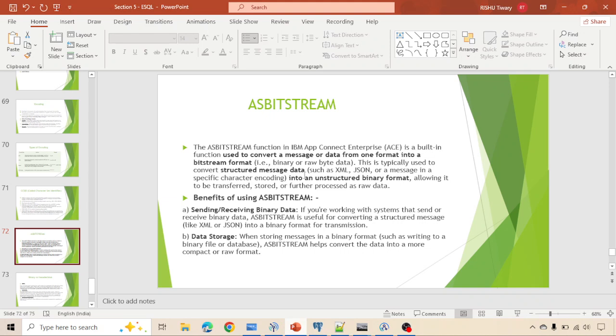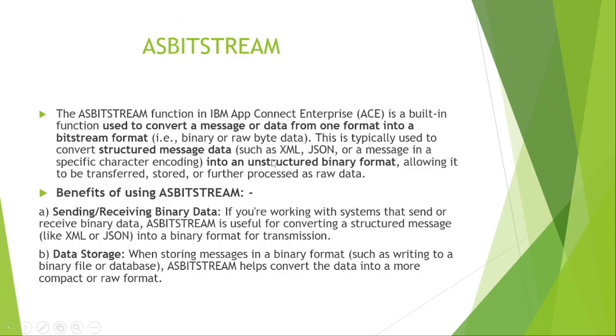Okay, so with the help of the ASBITSTREAM function, we are converting structured message data like XML or JSON into an unstructured binary format, allowing it to be transferred, stored, or further processed as raw data. So this basically helps us to store it into our database, or further